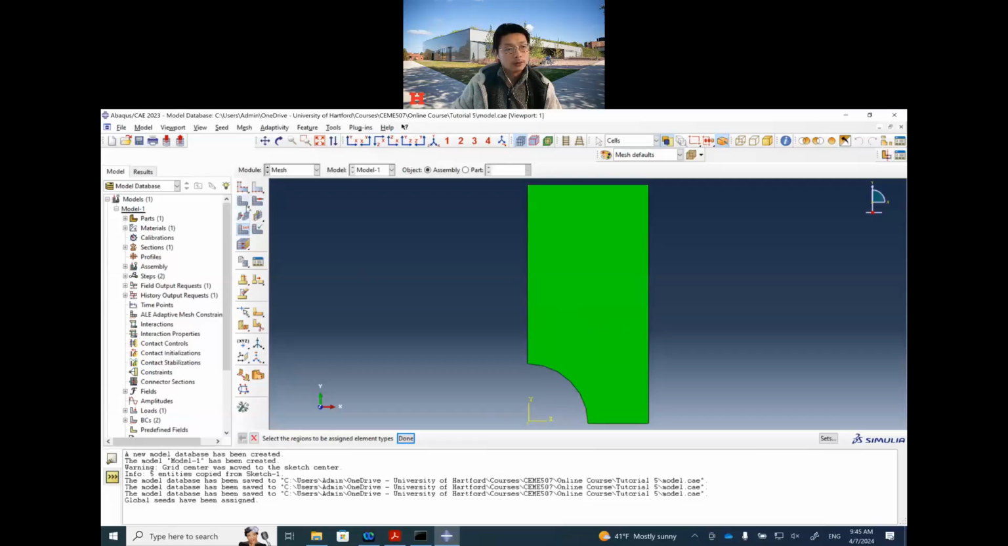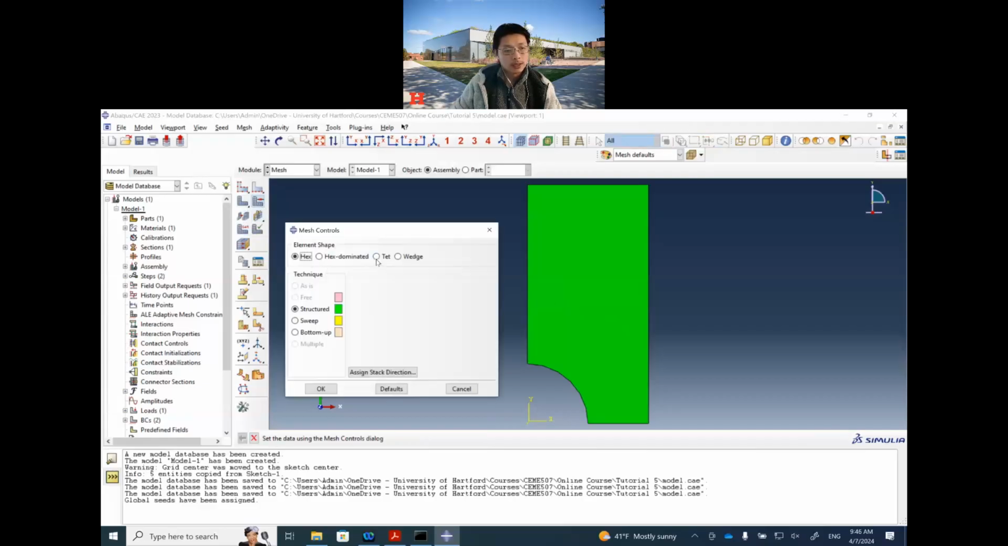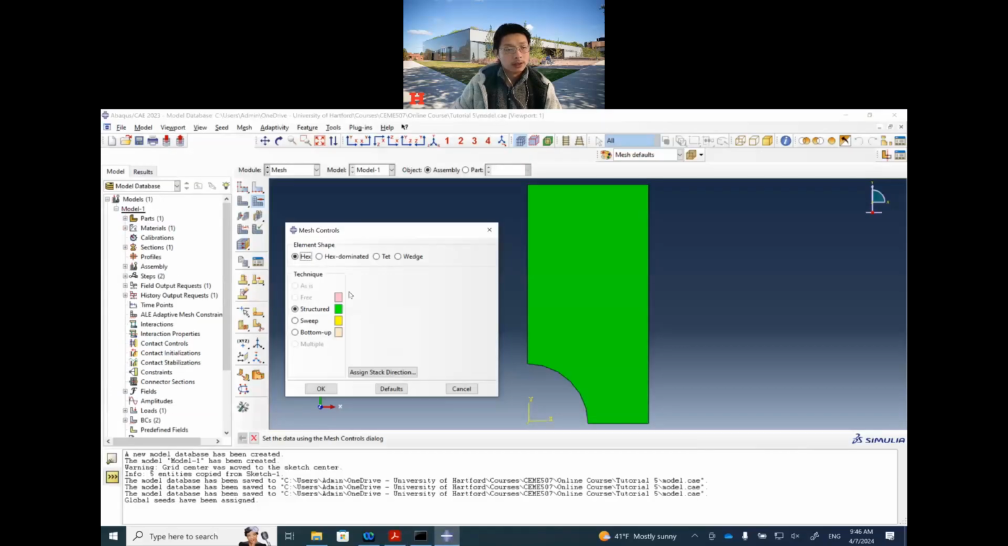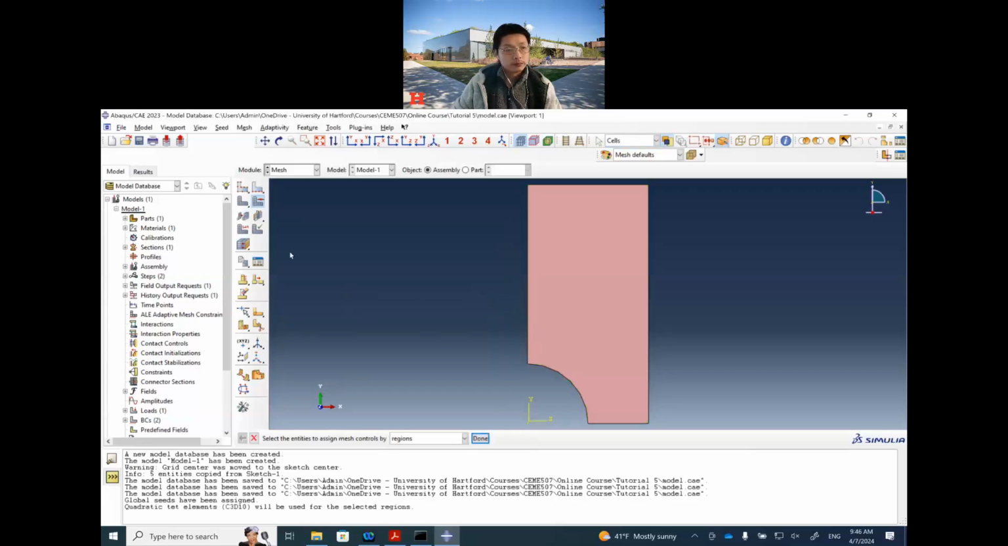And then when we go to mesh, do the mesh control, we like to use that. There is no sweep or free. You can try sweep firstly. Tensor free. We try free. And so when we do the mesh,